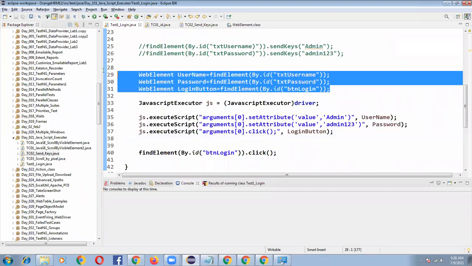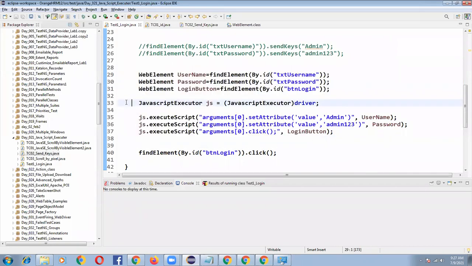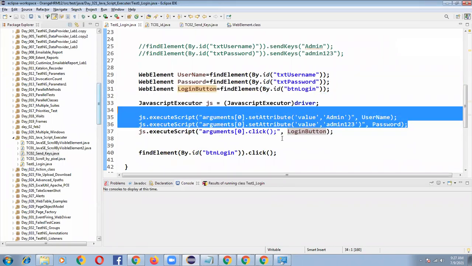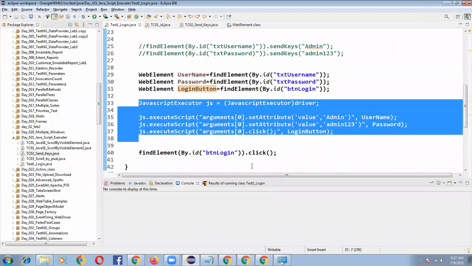Generally you write your script in the usual approach, but wherever a web element's send keys or click is not working, these scenarios will come up in real time. So immediately on that particular web element, first you need to create the web element object reference, and after that you need to write the send keys or click operation syntax like this. Almost in real time these scenarios come up, 100%.